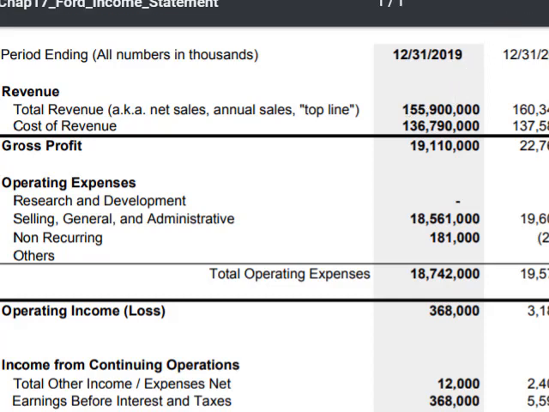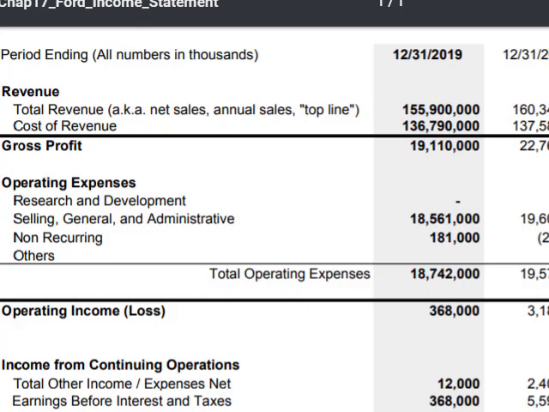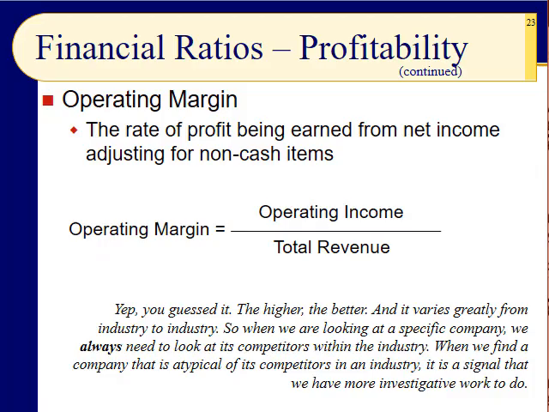So if we go back to the, I'm going to do it right here. I've done my calculation. Well, let's go back to the PowerPoint slide. Okay, so that's operating income of 368. Don't put the zeros because remember we're just doing millions. 368 million divided by 155,900, and the operating margin is certainly higher than the net profit margin, but at 0.24%, not 2.4%, but 0.24%. Now, for some reason, Yahoo shows 1.7%, and this is where you have to be careful,